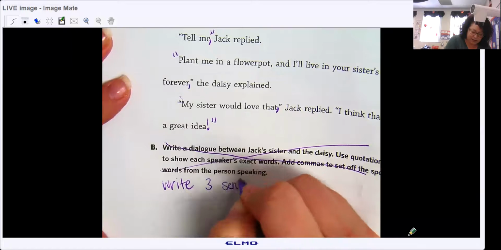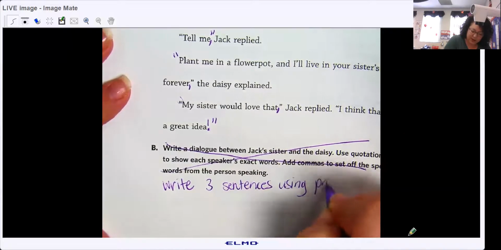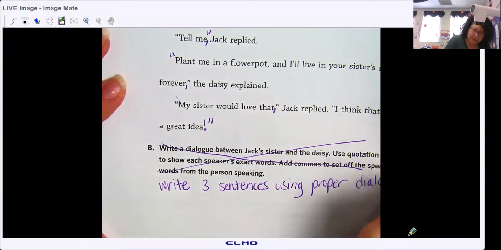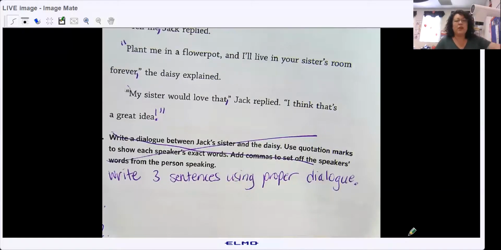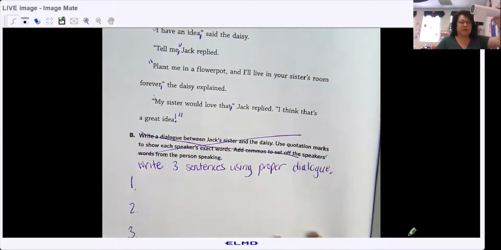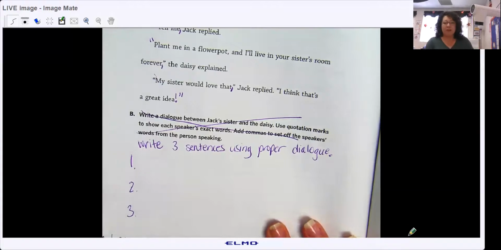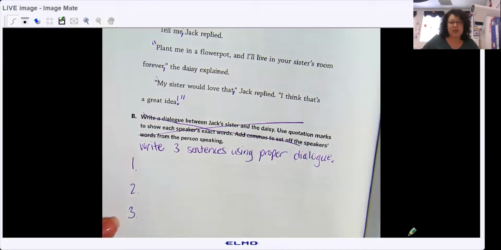3 sentences using proper dialogue. They could all go together like a story, or they could just be 3 sentences. "My mom said, I love you." Remember, someone has to be speaking, not my mom said, I love you. Okay. It would be, mom said, "I love you!" Okay. So write 3 sentences using the proper dialogue and then have mom or dad or grandma or